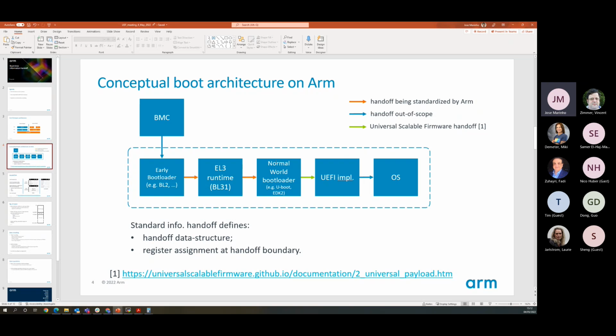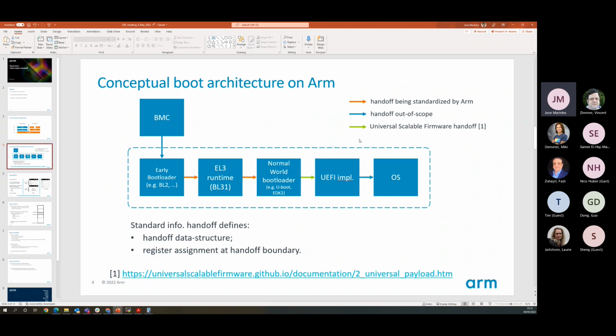But once we get into the normal world firmware, and once there's a handoff between the L3 runtime, which generally comes from the Trusted Firmware project, over to the normal world, which is generally the EDK2, U-boot, or eventually coreboot, we start entering into the domain of the USF spec, right? So any handoff that follows forward from the normal bootloader over to the UEFI implementation or any other payload should actually use USF's